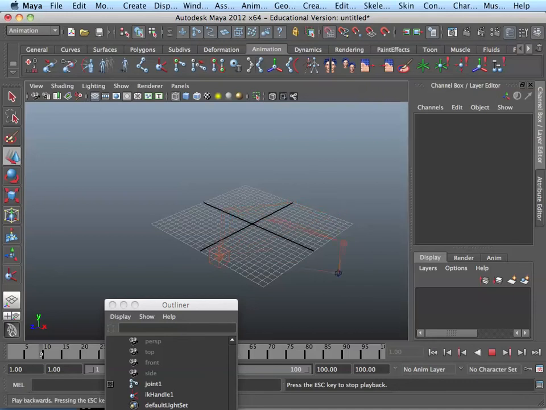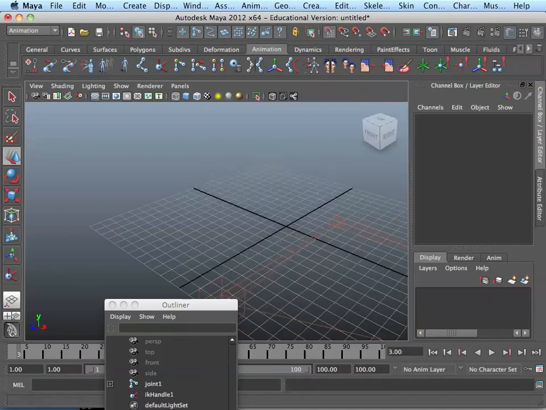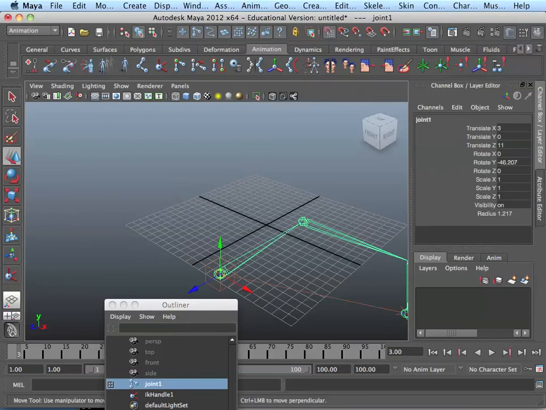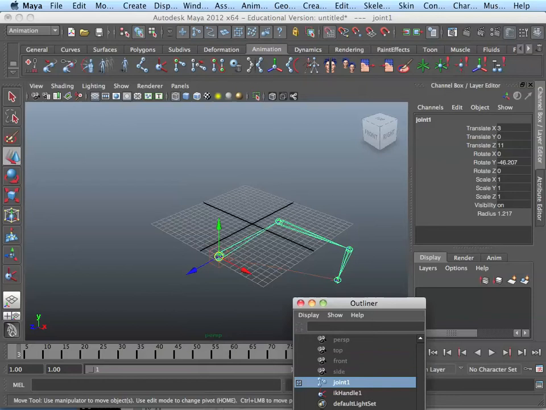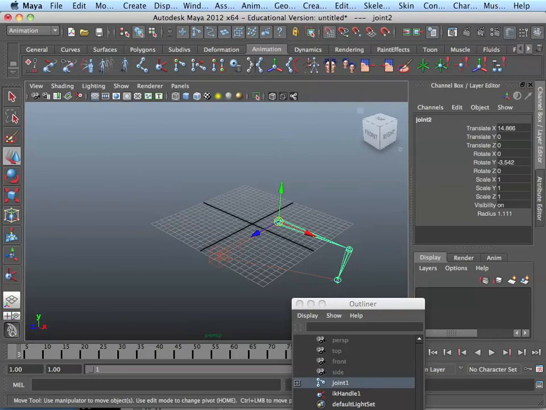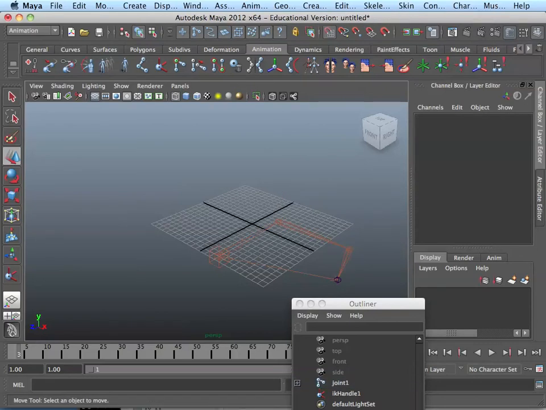So, let's say, at the end of the day, each of the joints are just objects, right? So you can connect these values. I usually do it with expression to anything else. So let's just say we go back to